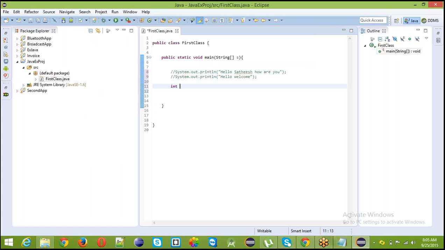So I am taking one integer A is equal to 50. Okay. Here the data type is integer, variable name is A, the value is 50. And one more variable, integer B equal to 20. You can take any number of variables. You can take any number of data types. Okay, integer A, B. Just I want to add these two numbers, and I want to show the output